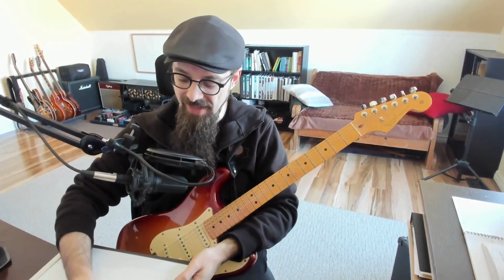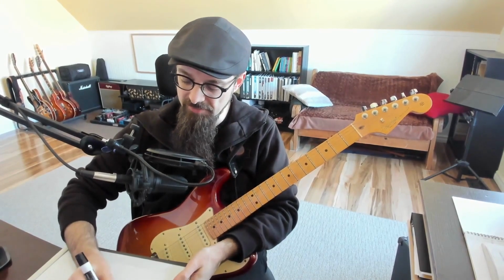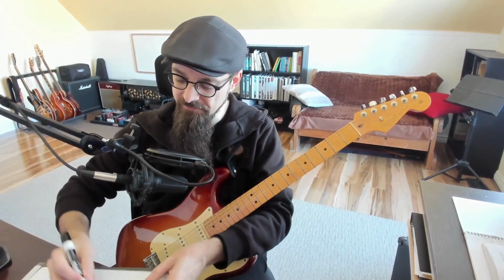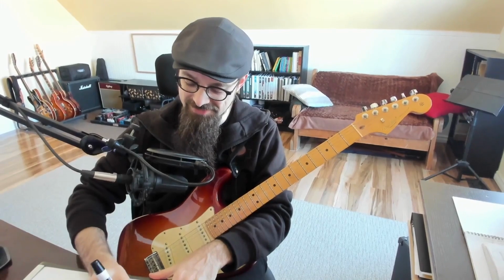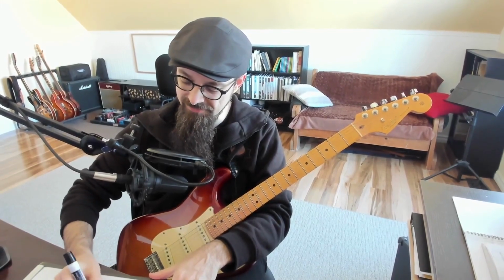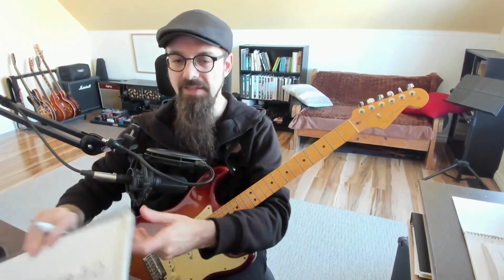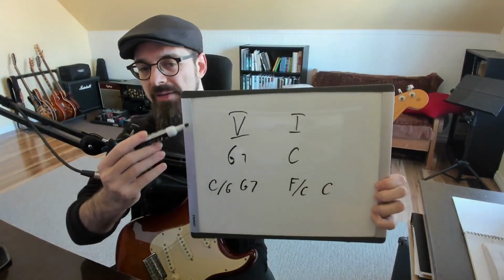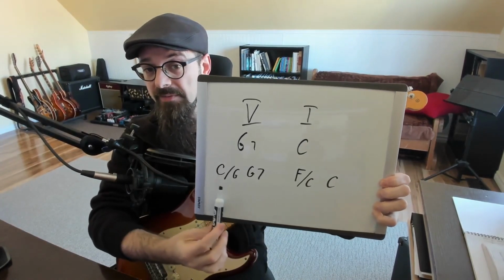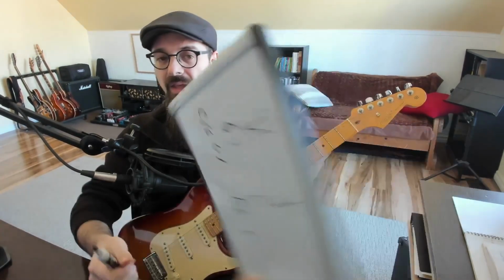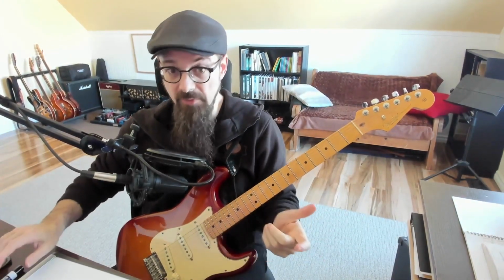So if I have again a 5 to 1, I can have simply G7 to a C, but I can have a C with a bass of G, then G7, and then I can have an F with a bass of C, then a C. So 5 to 1, the basic version, and the more complex version where I suspend every chord.